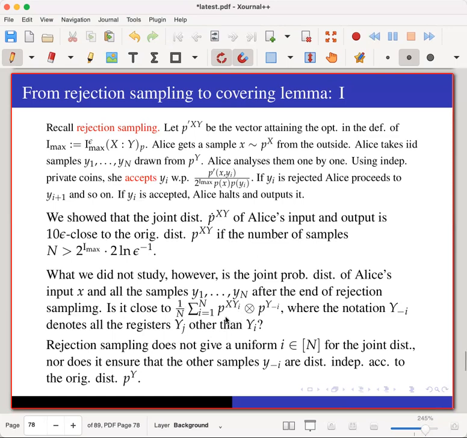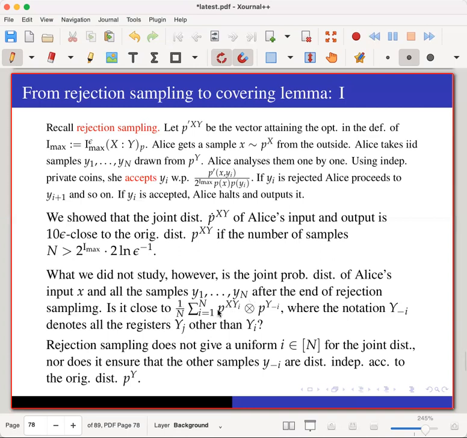So that is the 1 by n. And if the ith sample is chosen, I get something close to the joint distribution. And the other guys are unaffected. The other guys look like independent copies of the marginal distribution Py. So the notation y sub minus I denotes all the registers yj other than yi. So this would be the dream that I would like to